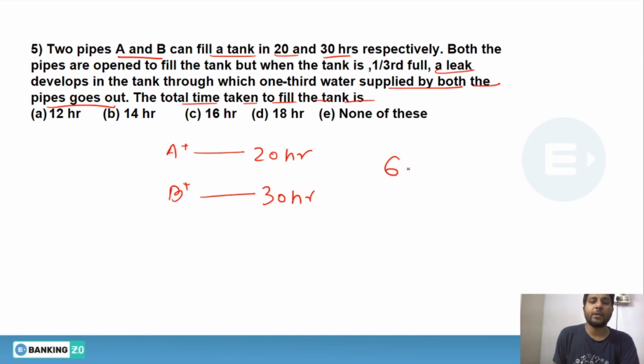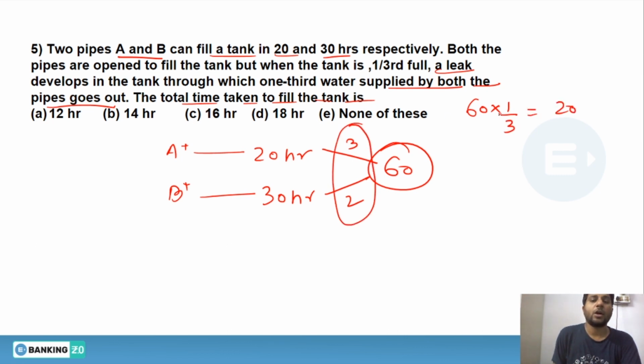Now what we can do is first we have to get the efficiency of everyone, and we will get the efficiency of A and B as 3:2. What will happen when we have to complete 1/3 of the tank? We have to complete only 20 units, and these two pipes were there to fill that tank, and it takes 4 hours initially. So in 4 hours you have completed 20 units, and when you are left with only 40 units, a leakage